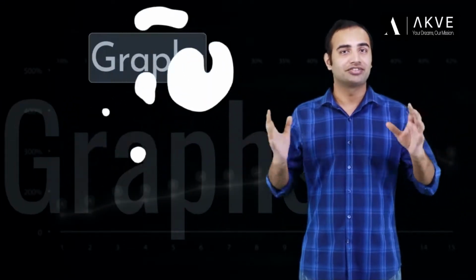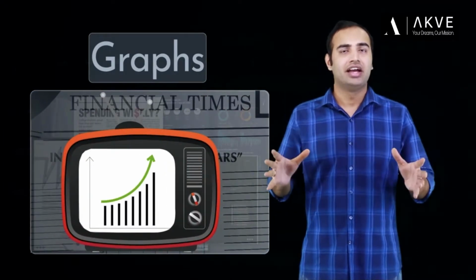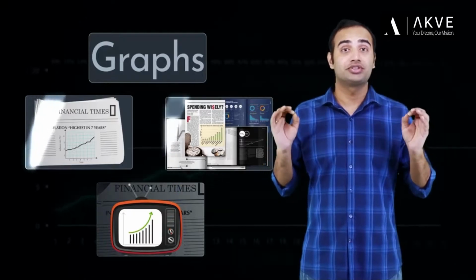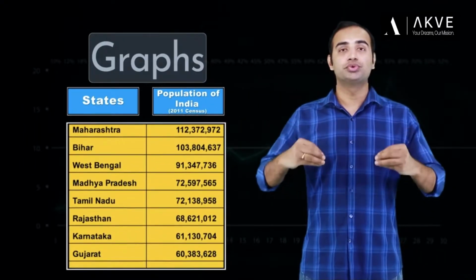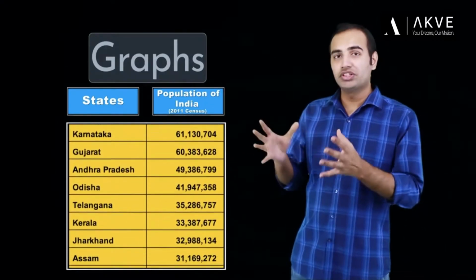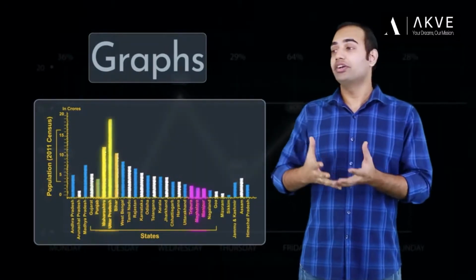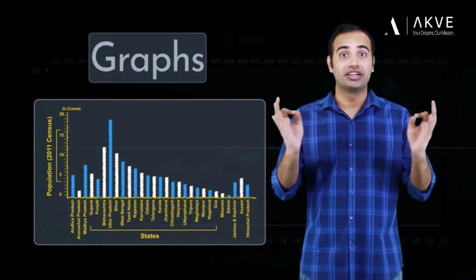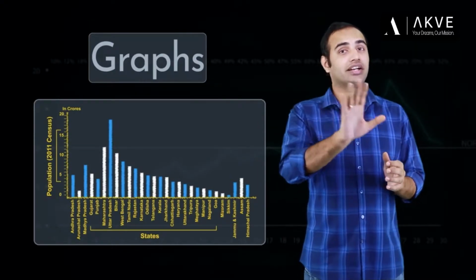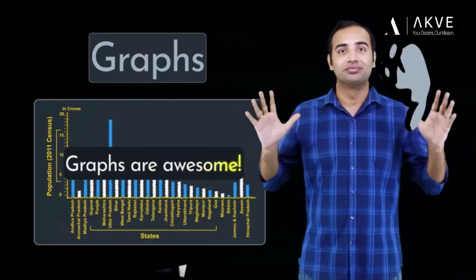Now, we see graphs all the time in newspapers, magazines, televisions, etc. And at each of these places, they show some meaningful information. Now, data in its raw form is usually present in a table. But once we take it from there and display it in the graphical form, suddenly they are not numbers anymore. Graphs are much more descriptive and show a definite trend that tabulated data does not. So in short, I'm trying to say that graphs are awesome.